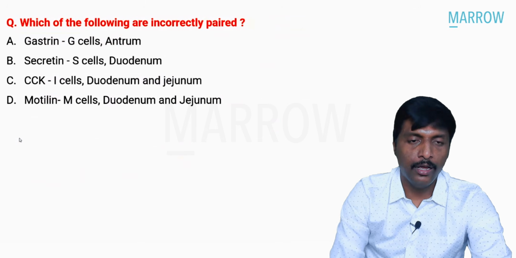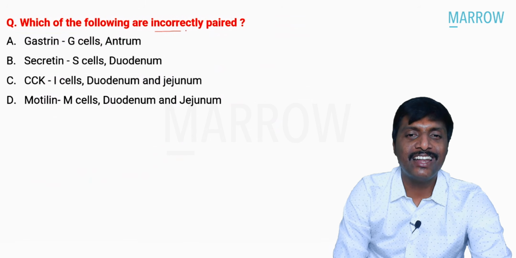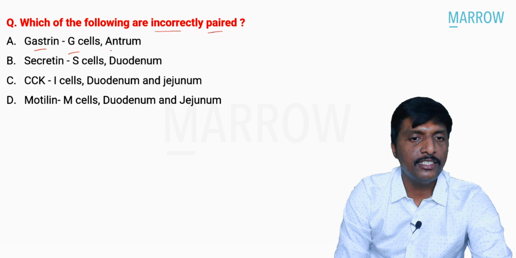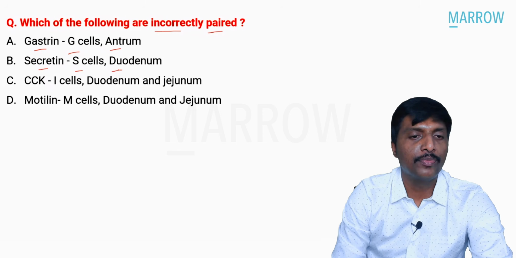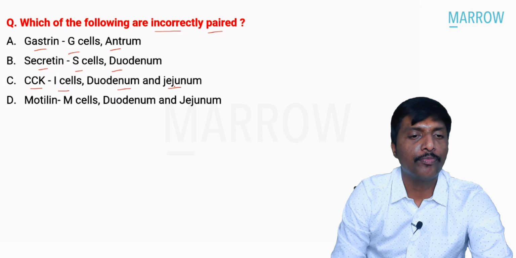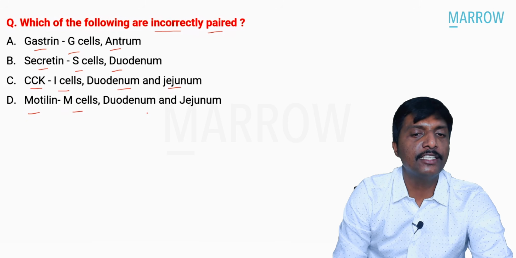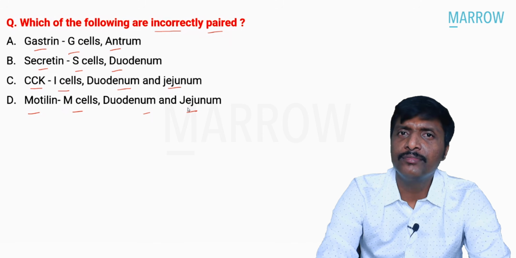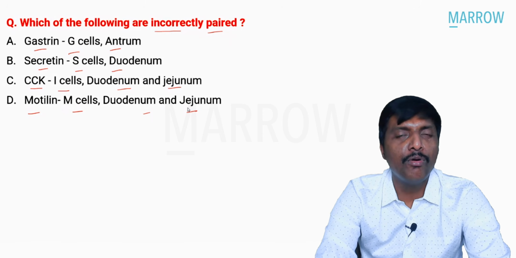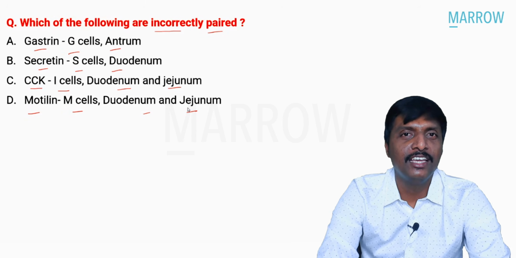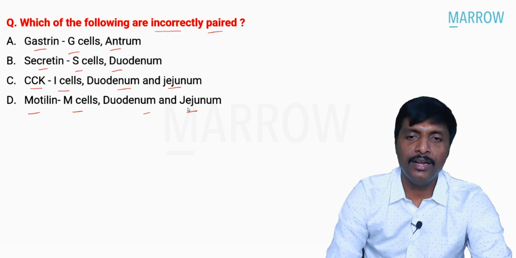Next question. Which of the following are incorrectly paired? Gastrin, G cells, antrum. Secretin, S cells, duodenum. Cholecystokinin, I cells, duodenum and jejunum. Motilin, M cells, duodenum and jejunum. All looks correct. Any idea? This is the most brilliant question set in physiology, I must say. A minute difference. Remember, it is